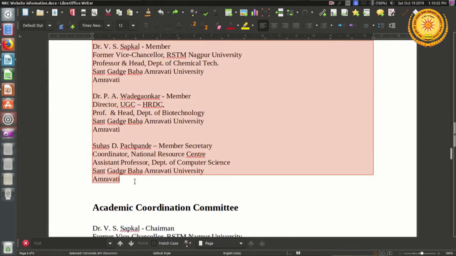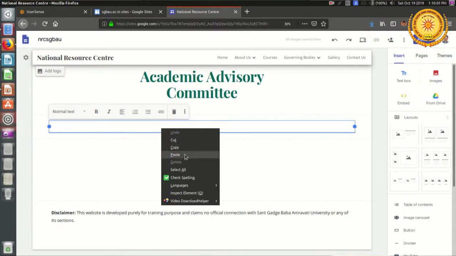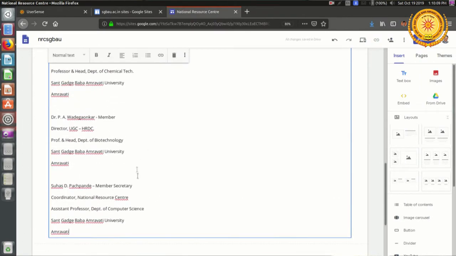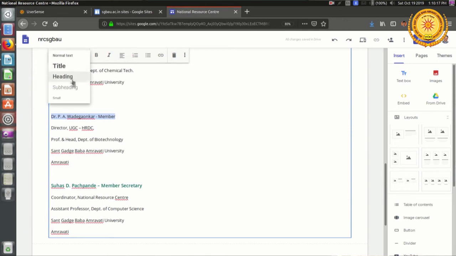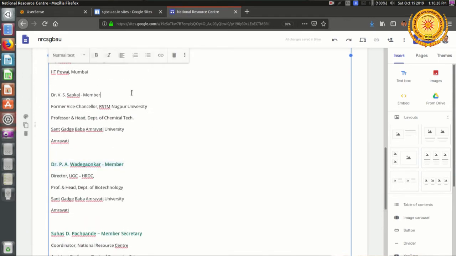These are the members of the advisory committee. So select, copy. Now you would have seen that since I have already typed this text in a Word file, my job has been very simplified.